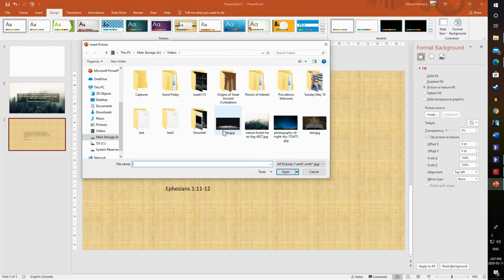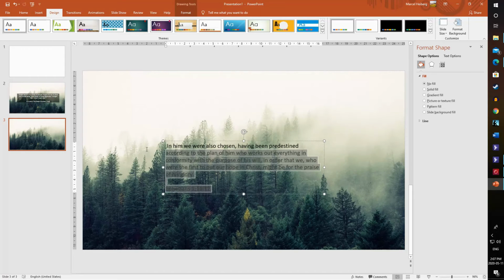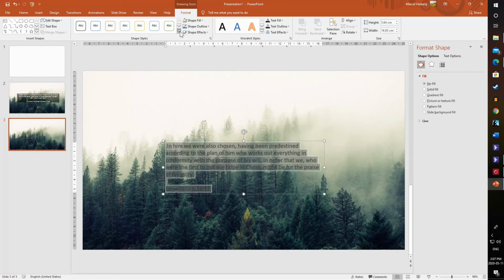Now I could use a picture that's just black, right? But I'm going to use this forest one again to show you how I do this. So let's put in this picture. And again, you see it's kind of hard to read. Now, what we're going to do first is we're going to get this